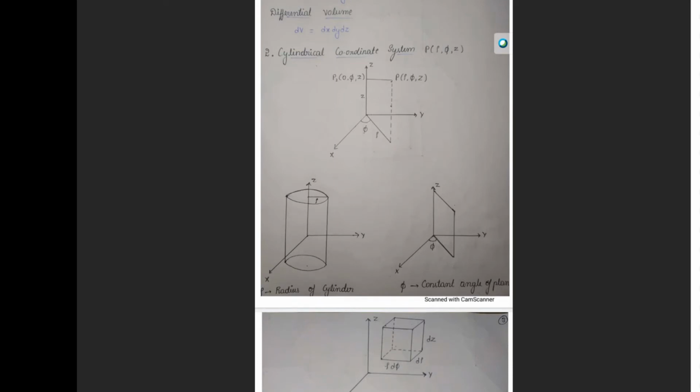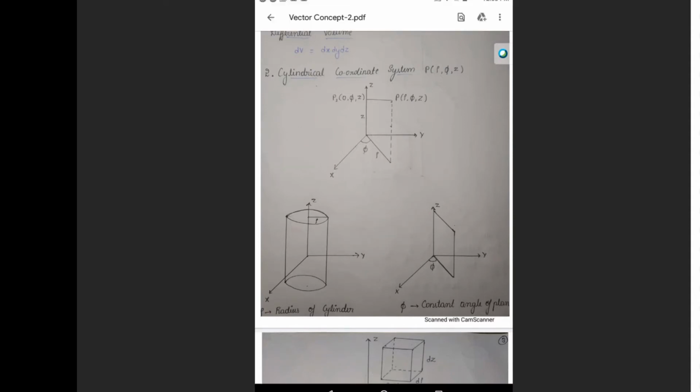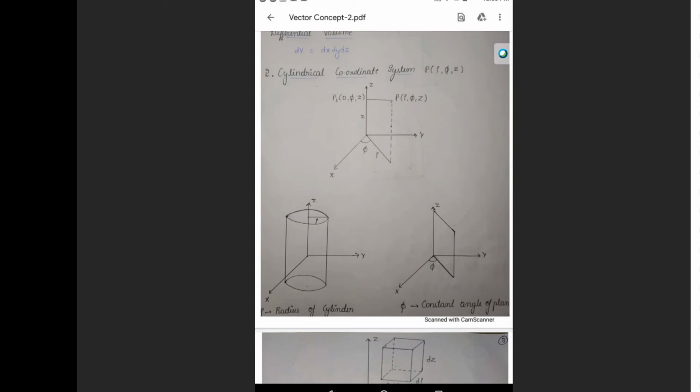How do we mark this on the coordinate axis x, y, z? First one, if you take rho from the origin, if you draw a radial line, see, I'm showing the figure here, that is denoted as rho. The angle between this radial line and the x-axis is denoted as phi. And z is nothing but the distance measured on the z-axis, so that is z. So rho, phi, and z you have to mark. And from this radial line, if you draw a vertical and a perpendicular line, that will give you the point P, which is rho, phi, z. So rho, phi, z, all of you should know how to mark it on x, y, z axis.